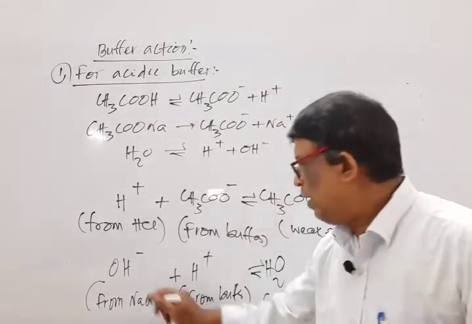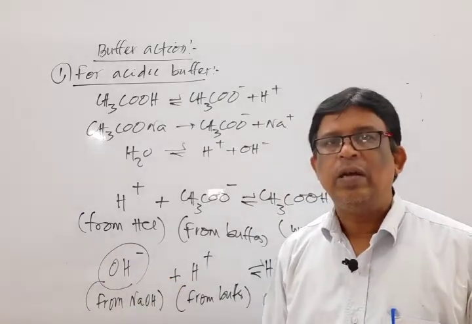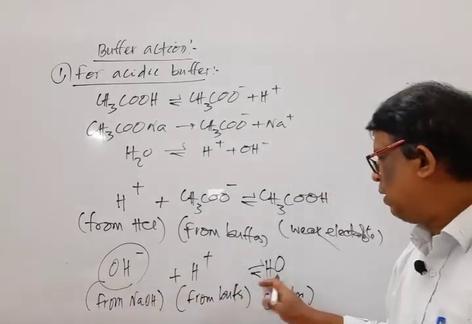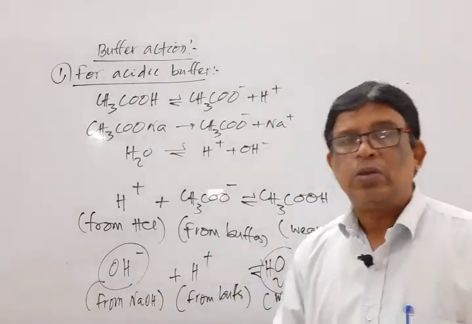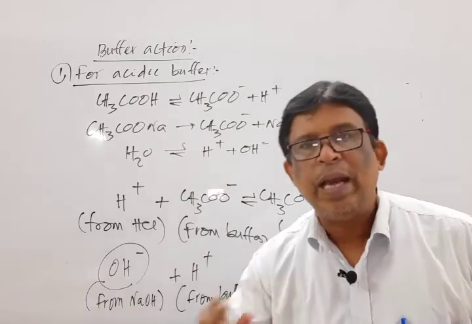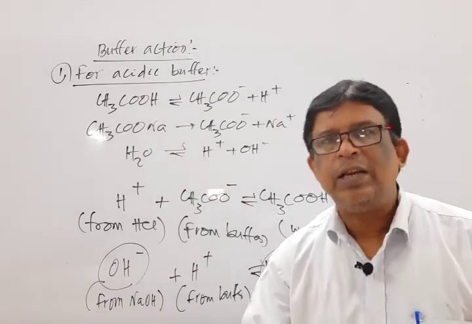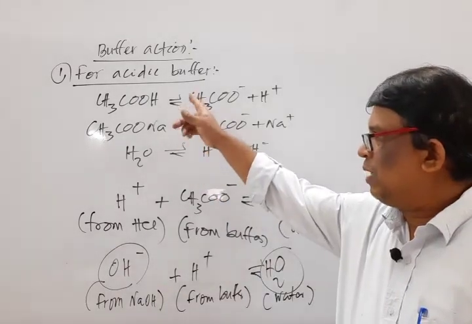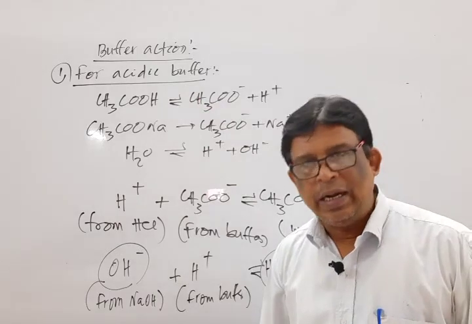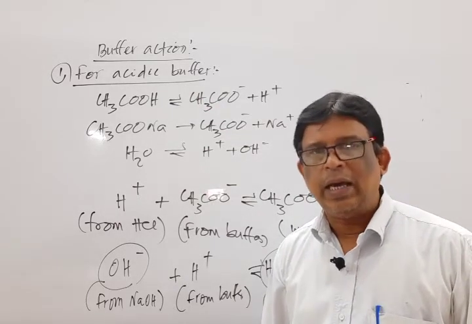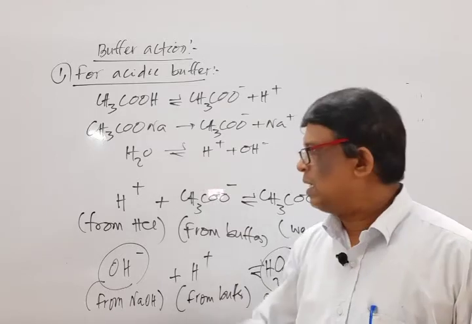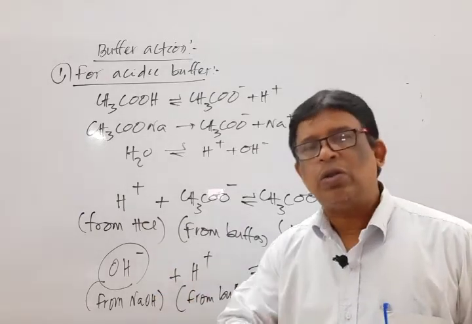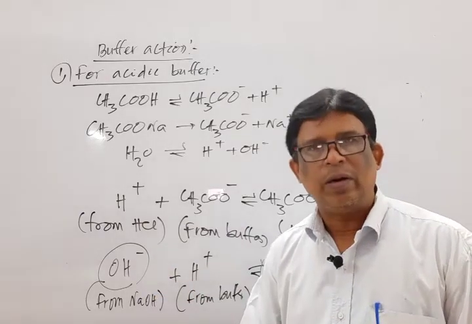That means the extra OH⁻ ion we add never remains in uncombined form; it is always available in combined form. So there is no change in OH⁻ ion concentration, no change in pH or pOH. In this way, the buffer system maintains its pH as well as pOH, not changed by addition of a little amount of acid or base. Or also, let us verify, you add a few drops of water.